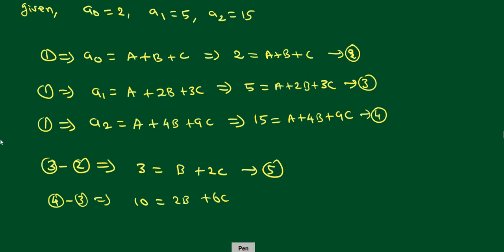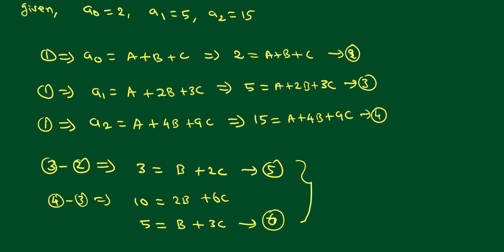Instead of that, I am simplifying and writing. That is better. If you do a simplification, everything is divisible by 2, that's why I am writing like that. You are getting 5 plus B, and dividing here also by 2, you are getting 3C. It is equation number 6.